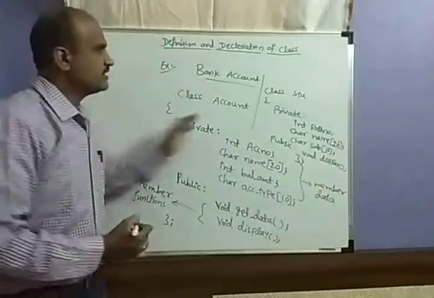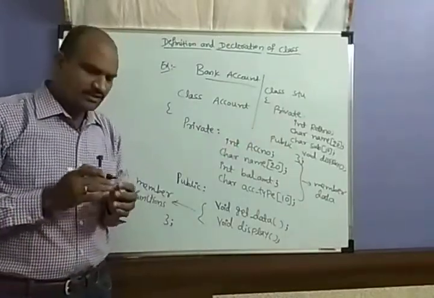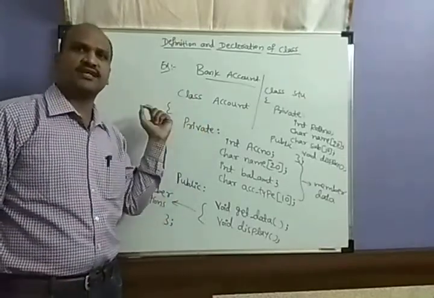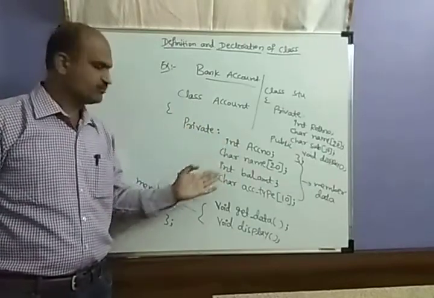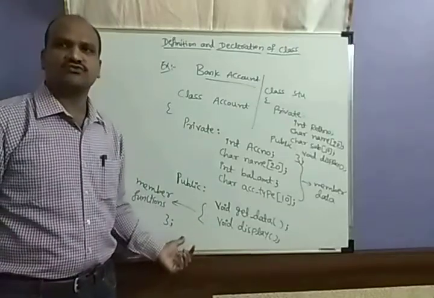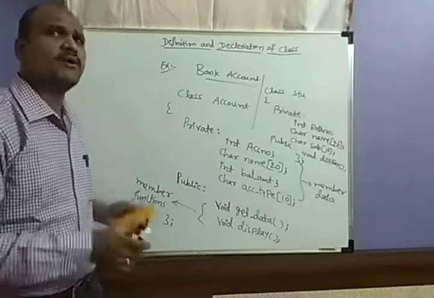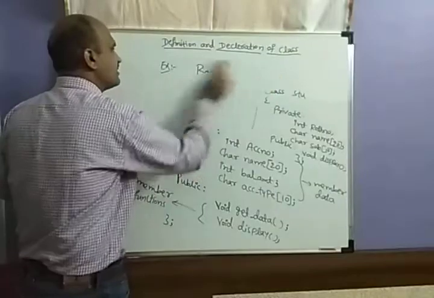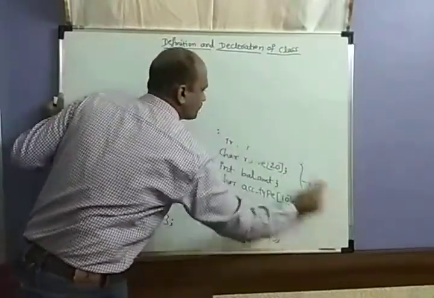That is very important. Like this you can write some examples, but this is a very basic example related to your syntax. When you go to the syntax: class name, private, members of the data, then public, members of the functions, and close with the semicolon. So when you go to the exactly simple program, how exactly can you use this as a class? Okay, so how you can use the classes and objects in the program.